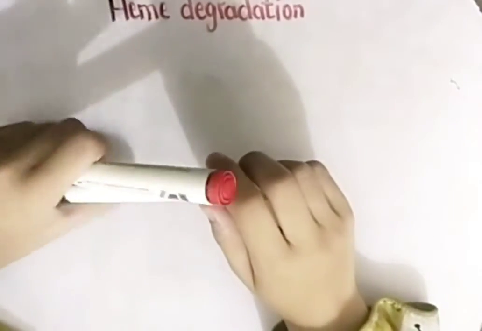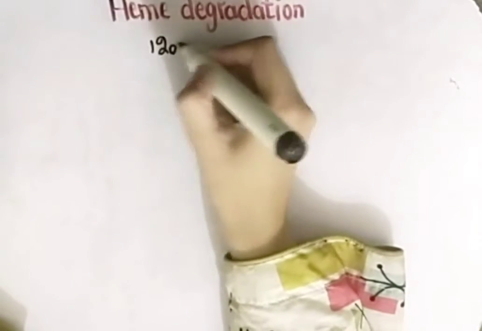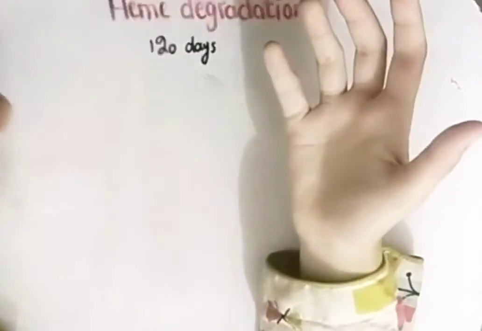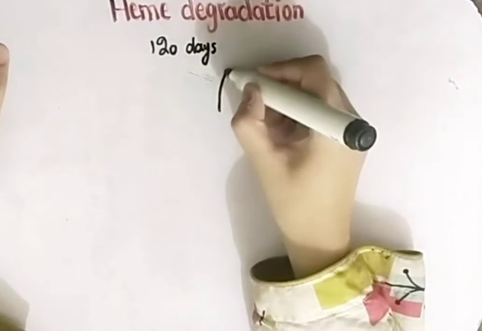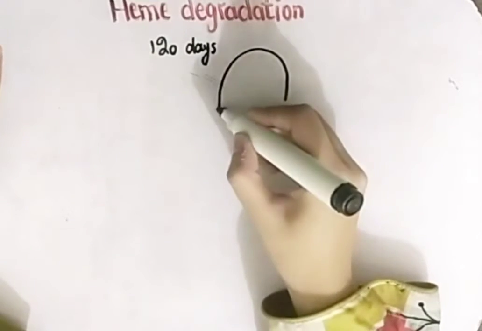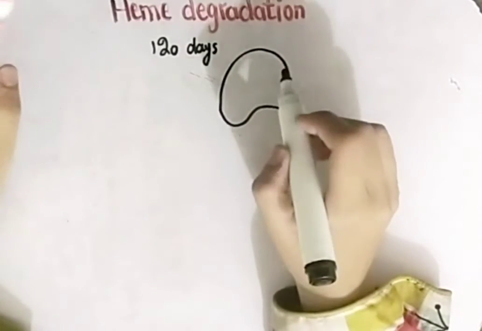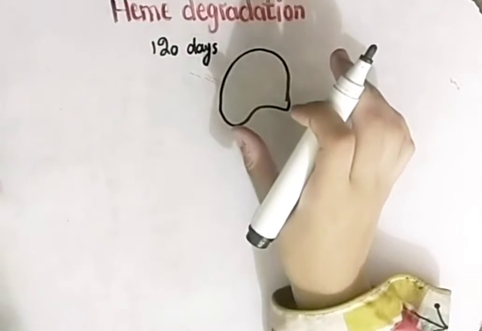So firstly, we all know that RBCs have a lifespan of 120 days. Why do we say that after 120 days RBCs are dead? We say that because, suppose this is an RBC. Okay, I'm not good at drawing. This is an RBC. RBCs have some proteins inside them, and these proteins help to maintain the flexibility of the cell